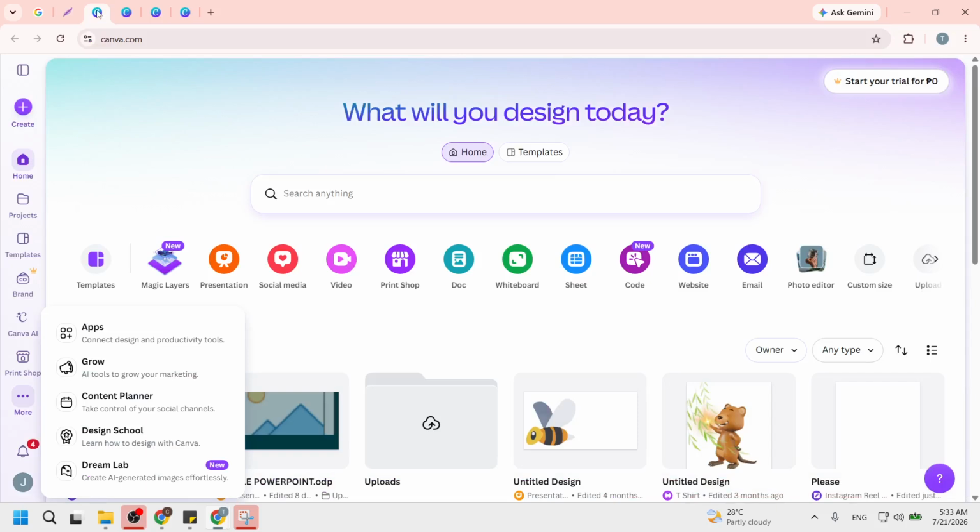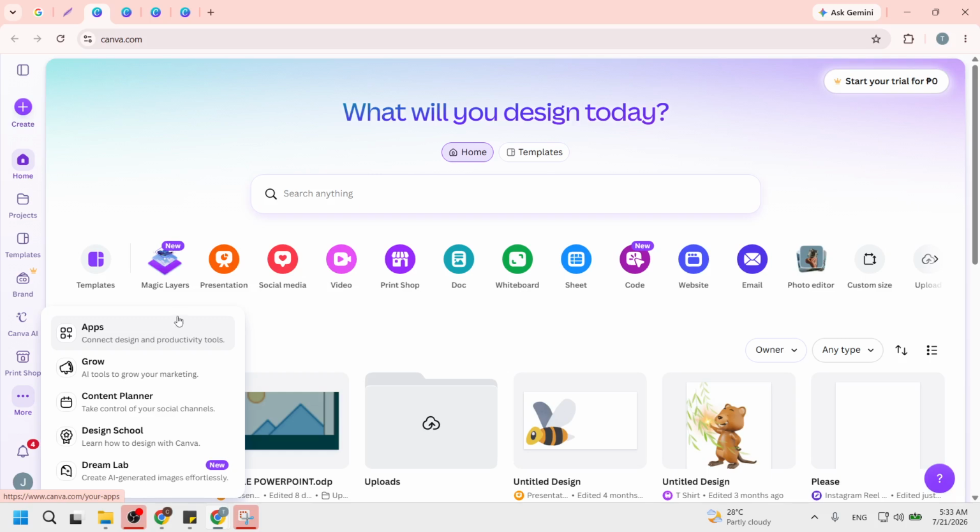With that done, click the Apps tab on the left-hand toolbar. This tab is typically located beneath your recent projects. It houses various integrations that enhance your Canva experience. By selecting this tab, you are essentially opening up a world of new features and options. You'll find different apps that can streamline your design process and add unique elements to your creations.